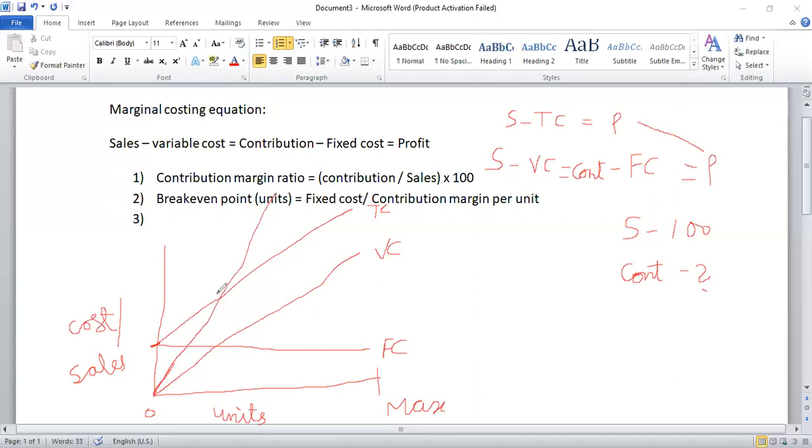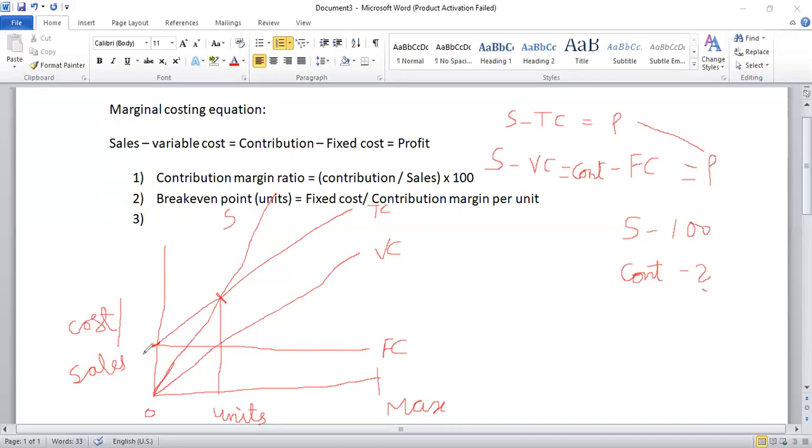So the point where these two lines intersect, that is plotted on the x-axis. So the number of units on the x-axis is the break-even point. What does it indicate? Now this is the sales curve. It indicates that till the break-even point, till the point of intersection of these two lines, we see that there is loss, because